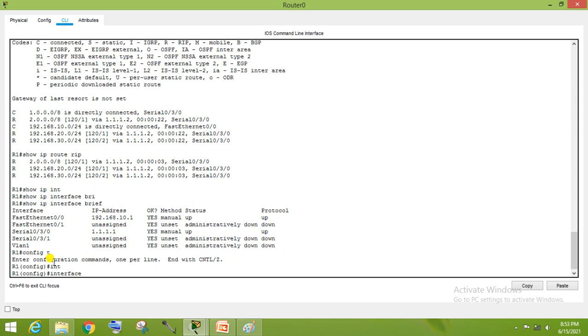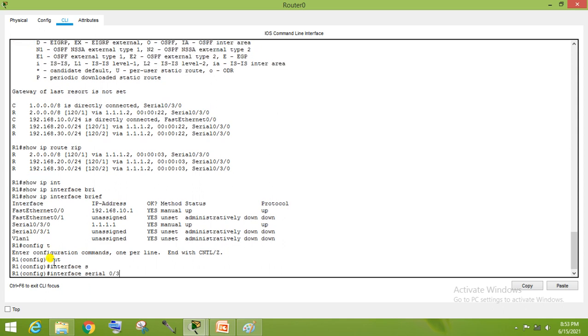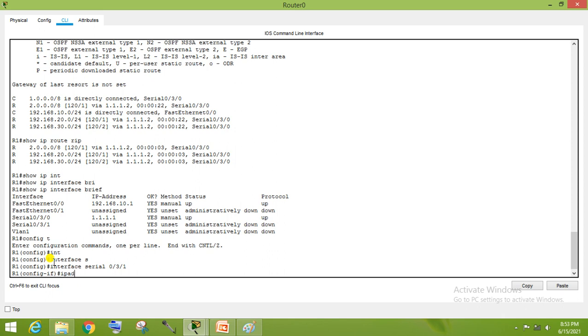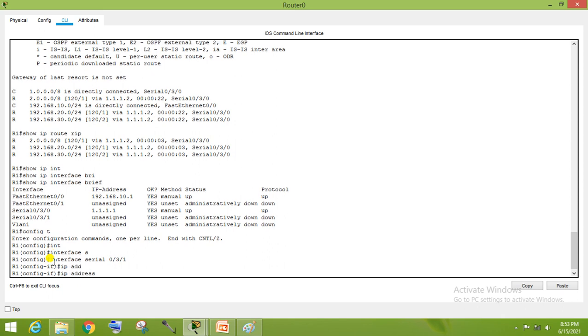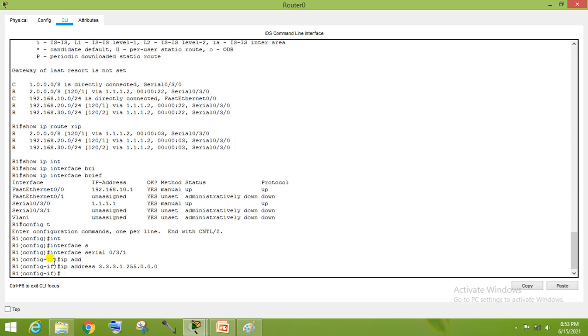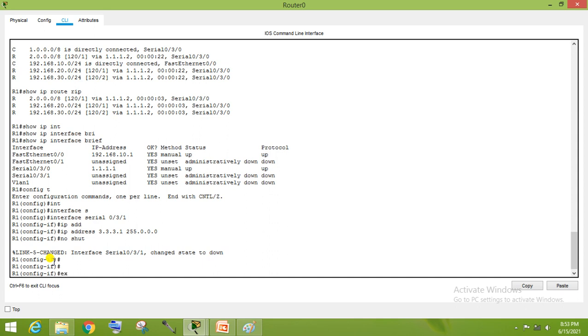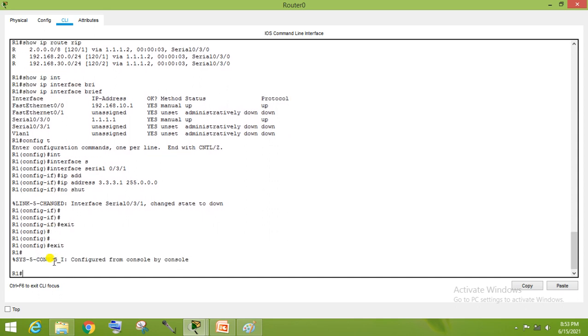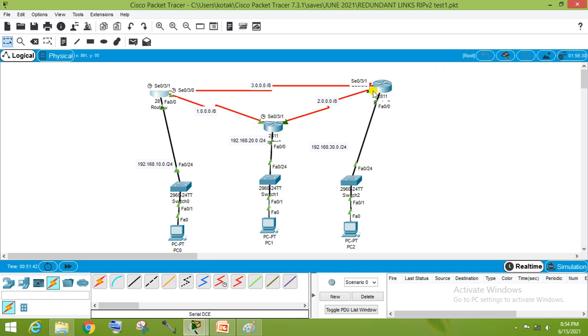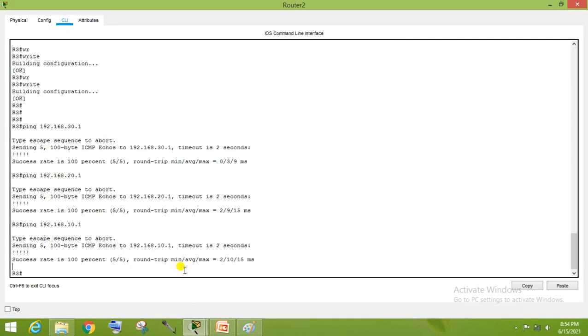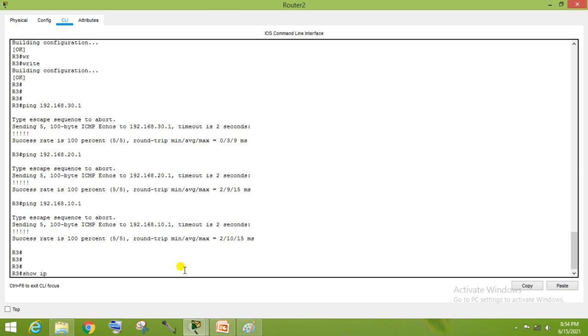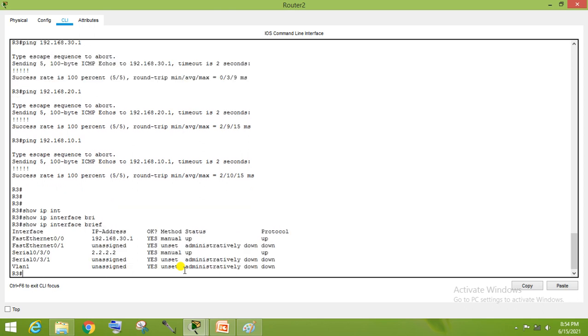Okay, and for advertising this interface, first assign the IP address, then go to this router. Assigning the IP address to this interface.